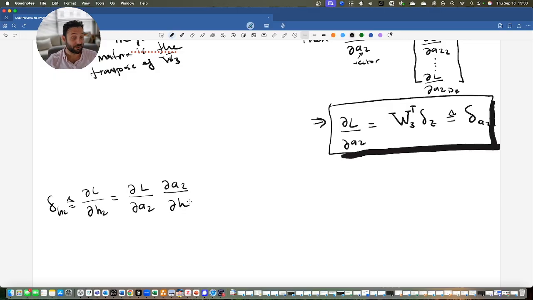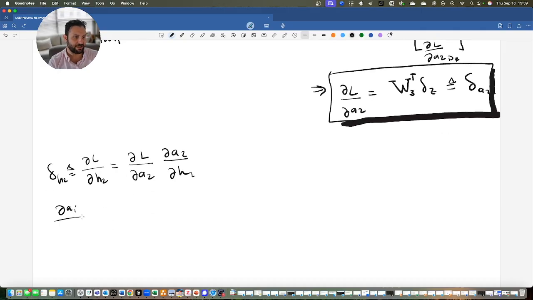This is simple because this was an element-wise operation. The derivative of every element in the output, which is A2, was only created from the corresponding entry. And I know for any of the i's, the A2i over the H2i,